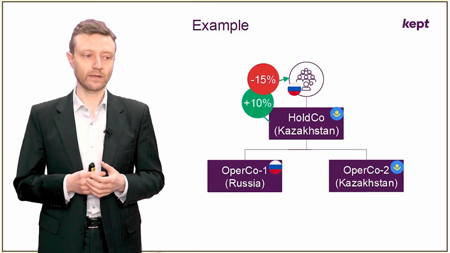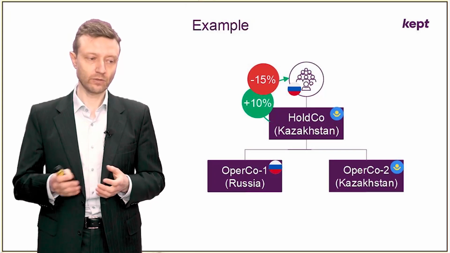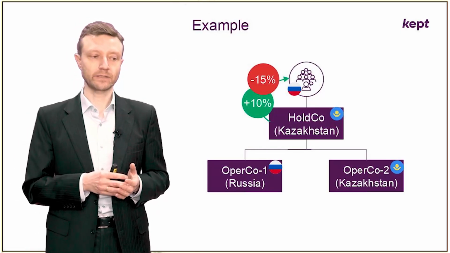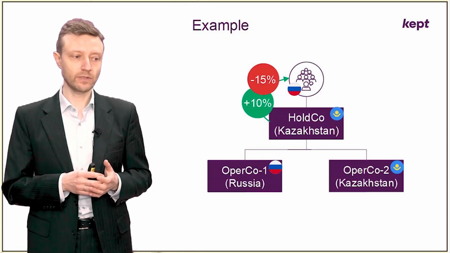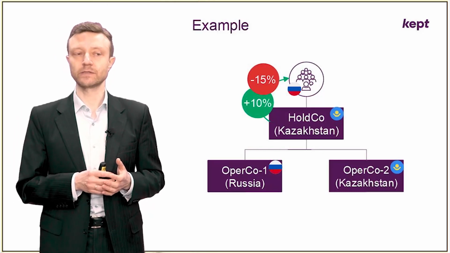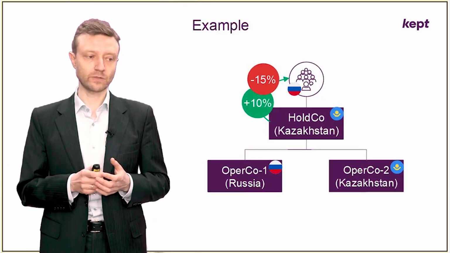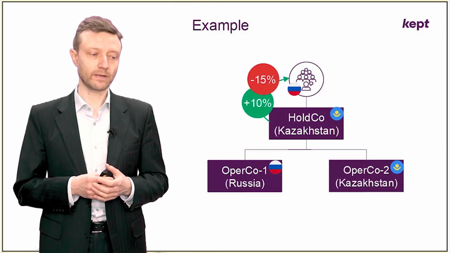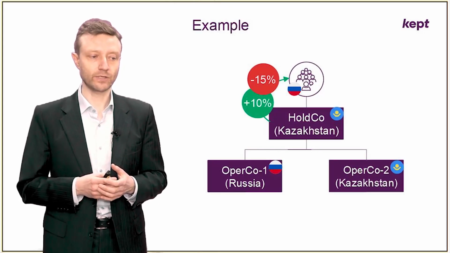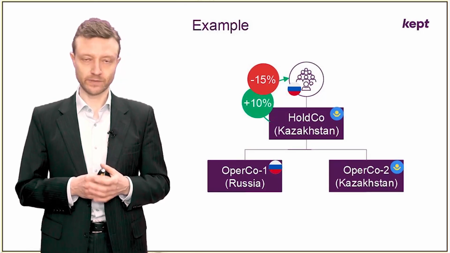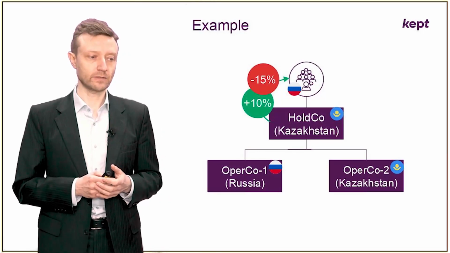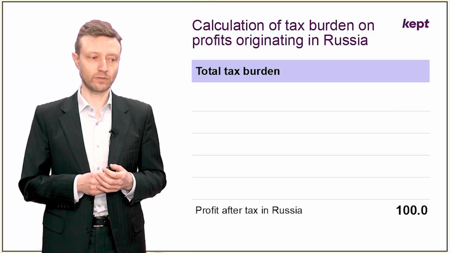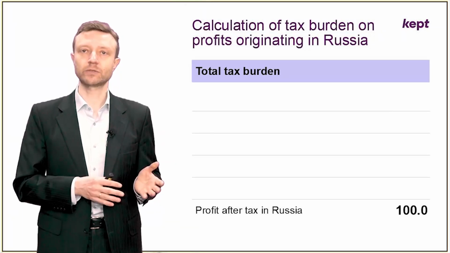They should pay this tax, the shareholders, but the withholding tax, which was paid in Kazakhstan, can be credited against this personal income tax liability. This is why the ultimate additional tax liability for the shareholders in Russia will be 5%, 15% less 10%. Okay, let's make a calculation and see what tax burden we have in this particular structure, and then compare